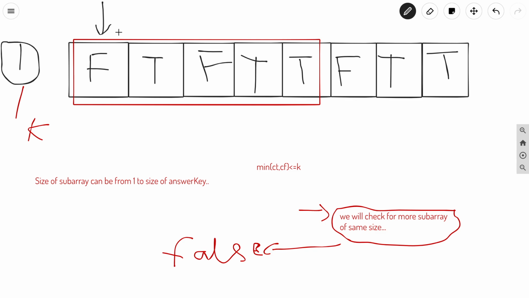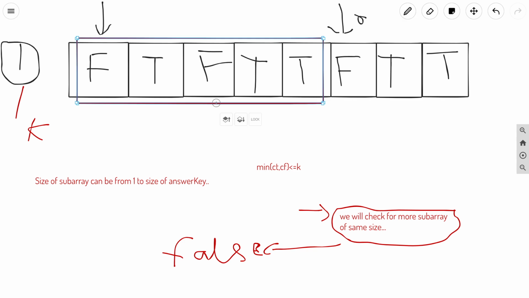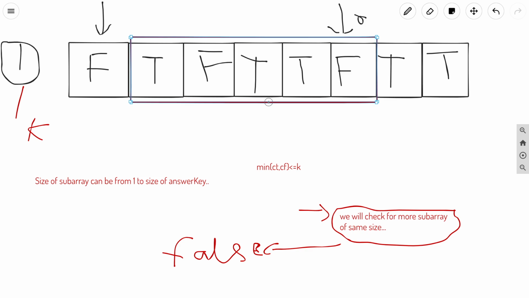This was our index L, and this is currently our index R. So we decrease count t and count f corresponding to index L, and we increase count t and count f corresponding to index R. If we move this window forward, we are basically doing this.